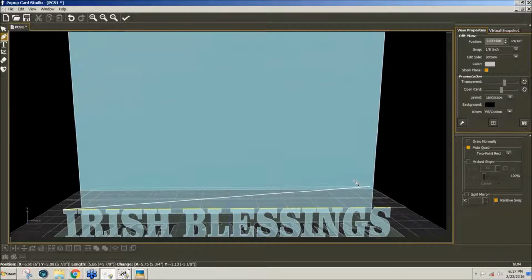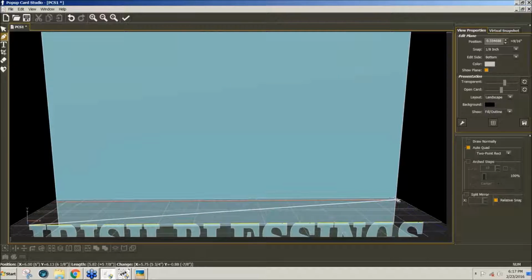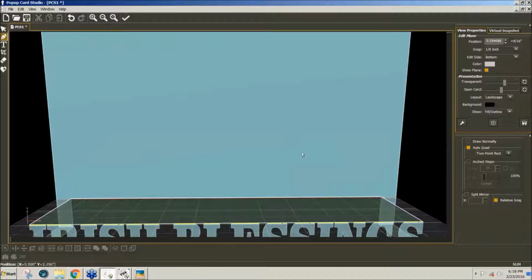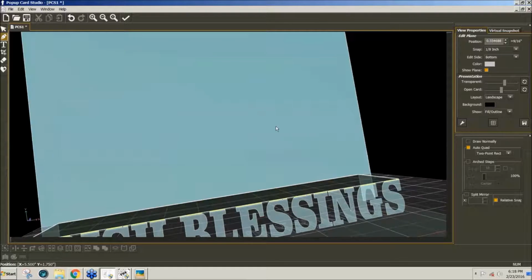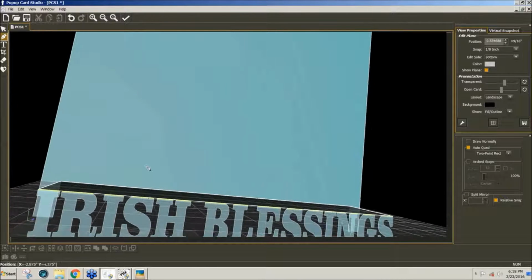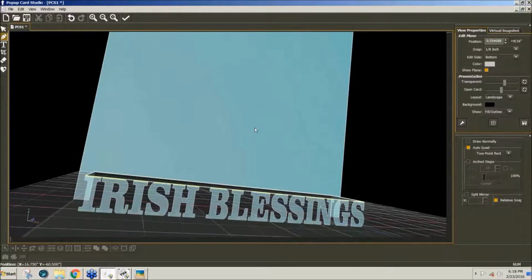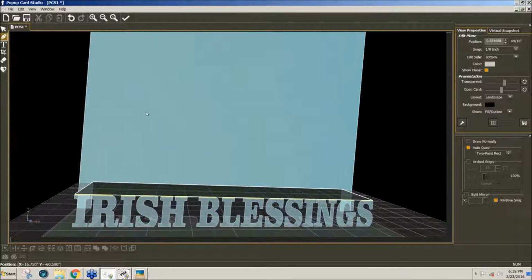And I'll zoom in a little bit more. So there's a break on that S. I'm going to get it to the far right. There it is. It's dashed now. So I left click. So now I have a new platform, or you call a plane, on which to put